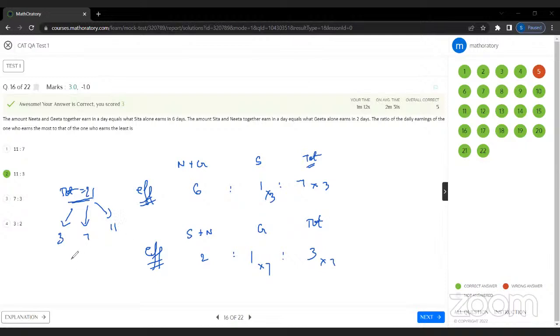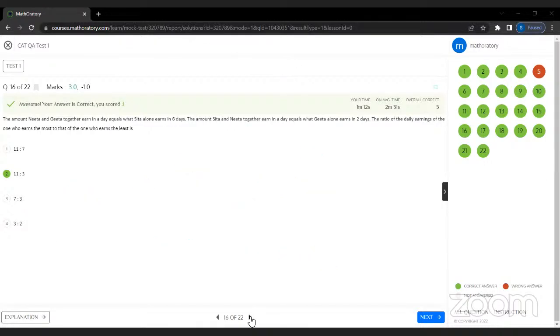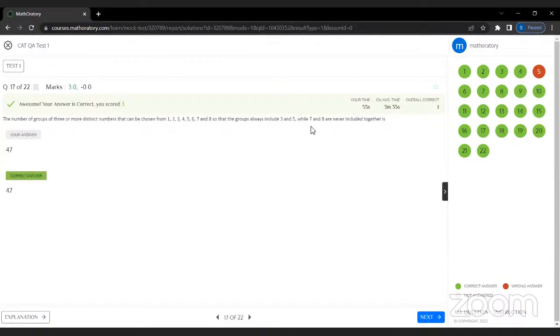And I was not concerned about who is which one, if you remember, while I was solving it, because I had to think about highest or lowest. So I'm just looking at the numbers. So 3 and 11, right? So these two are the ratio we're looking for. Yeah, I think this was self-explanatory. If you have any doubts,